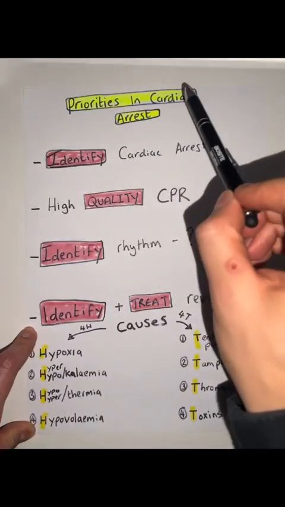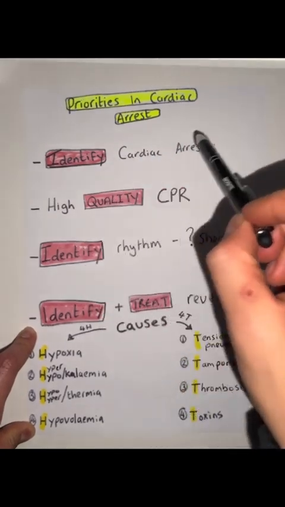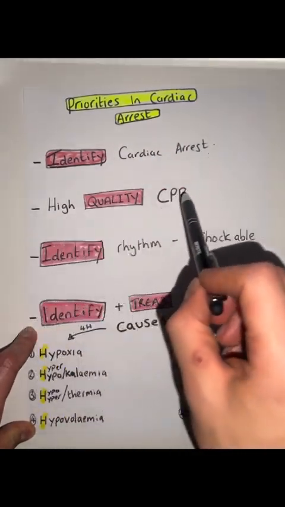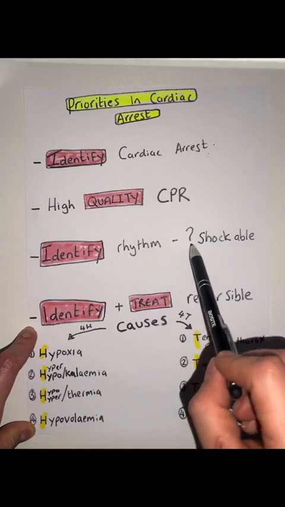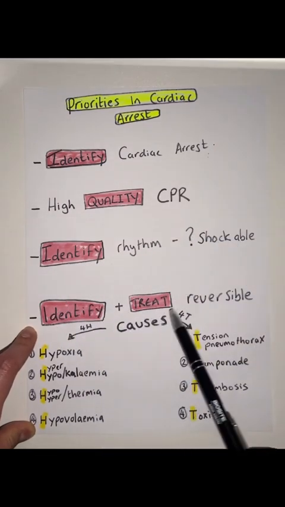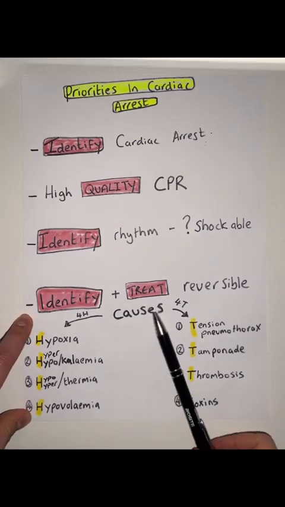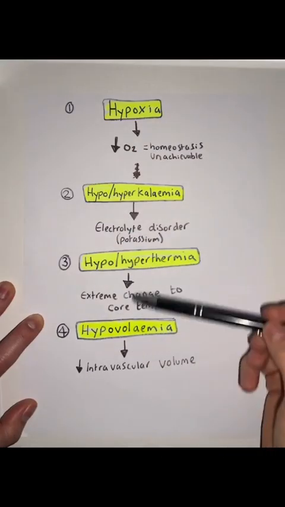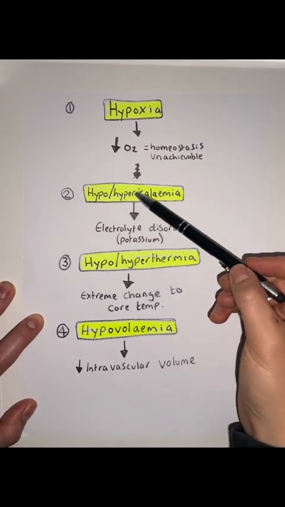Priorities in a cardiac arrest are first identifying the cardiac arrest, then high quality CPR, identifying the rhythm to make sure if it's shockable or non-shockable, then identifying and treating the reversible causes. This is where you're going to come across your 4 H's and your 4 T's. 4 H's: hypoxia, hypo/hyperkalemia,